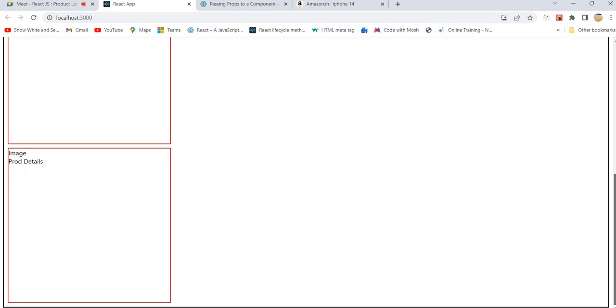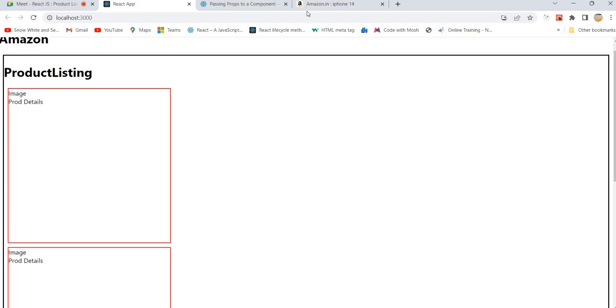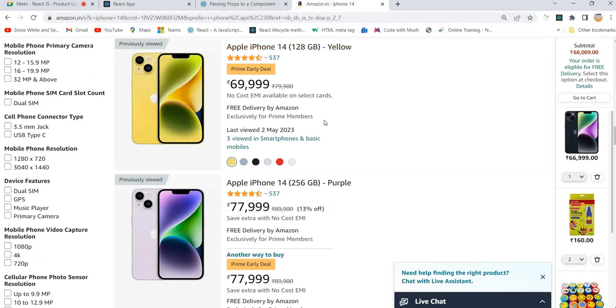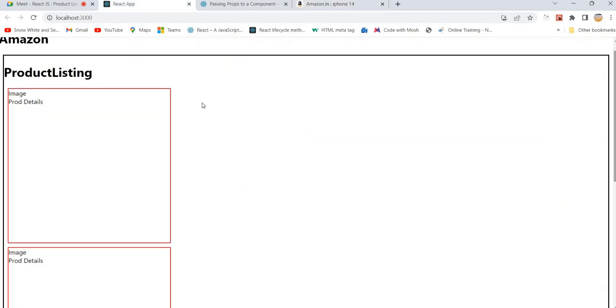So right now the product details. Suppose how it is there in Amazon. It is displaying on the y-axis, right? Then we can make it the same, y-axis for now. And we can utilize more space on the right side also. Just add some good CSS so that it looks much more beautiful. Right now our focus is